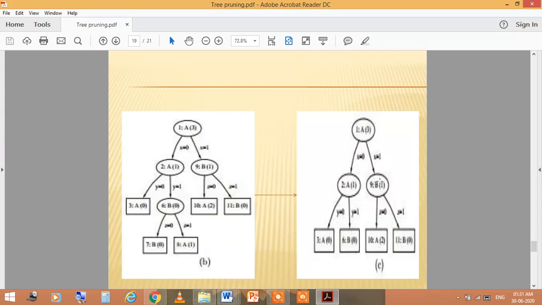In this also, the next example, finally these leaf nodes are also removed. Not removed actually, this leaf node for node 2, you can say A, is removed, and here you see this is a transformation of the leaf nodes of 2 and 9.